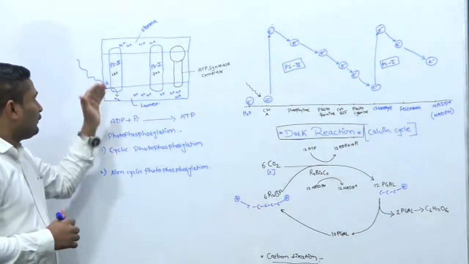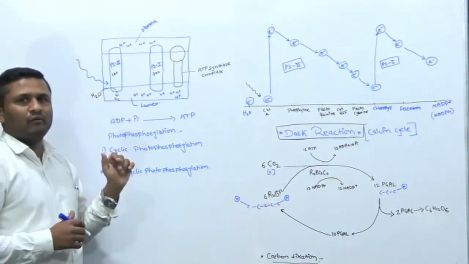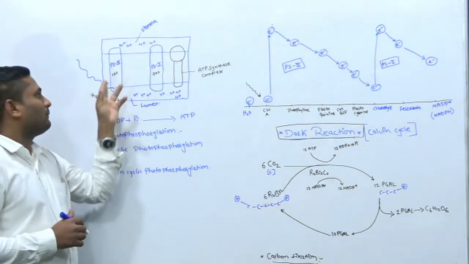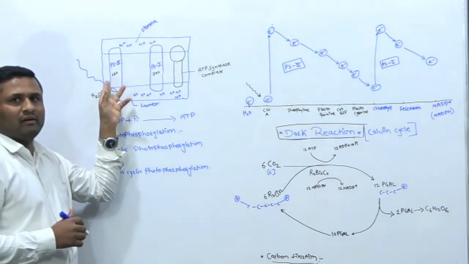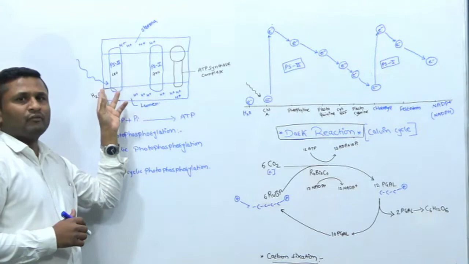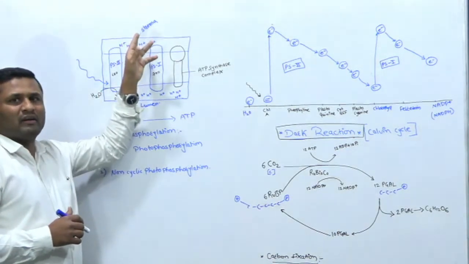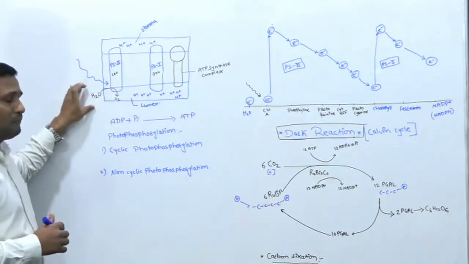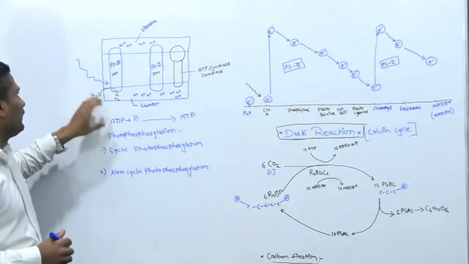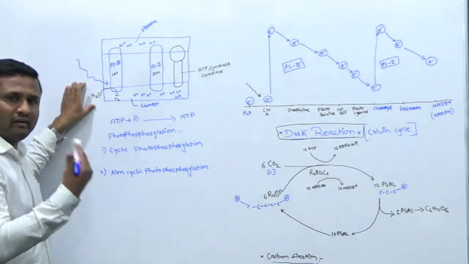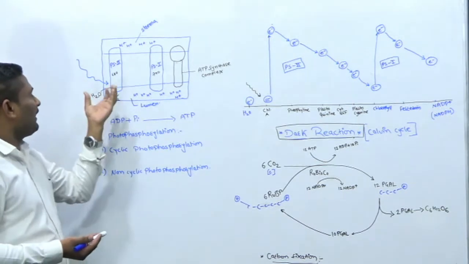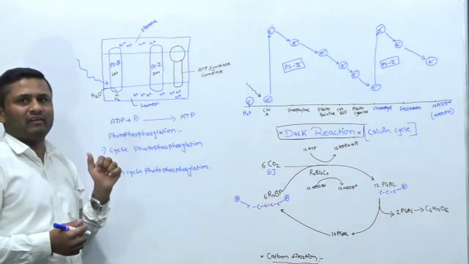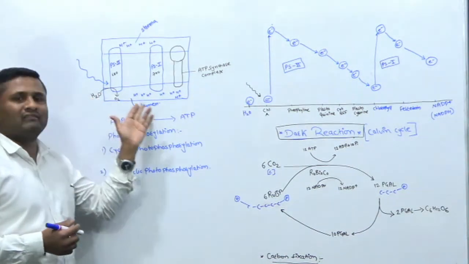So what is happening here now? The electrons that were already present were getting released from here, from this lumen. So they are getting released from here. Now it is necessary to replenish them. In order to replace this released electron, the most essential thing happening at photosystem second is the oxidation of water.